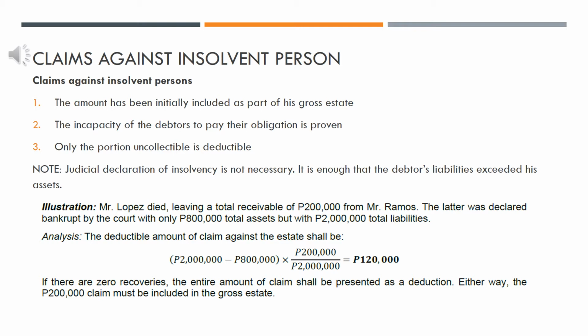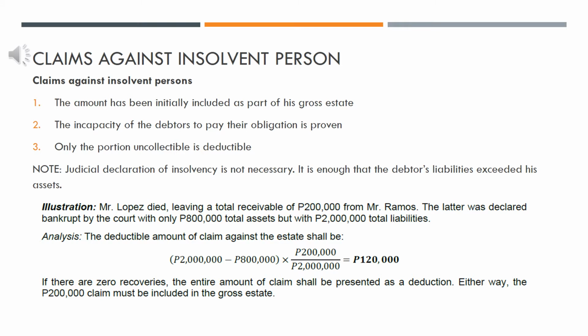Mr. Lopez died, leaving a total receivable of 200,000 from Mr. Ramos. So, the latter was declared bankrupt by the court. Magkano na lang yung assets? 800,000 pesos. And out of this, Mr. Ramos has 2 million pesos total liabilities. Okay, so ang analysis natin dito for us to get the deductible amount, which is the uncollectible portion, we have